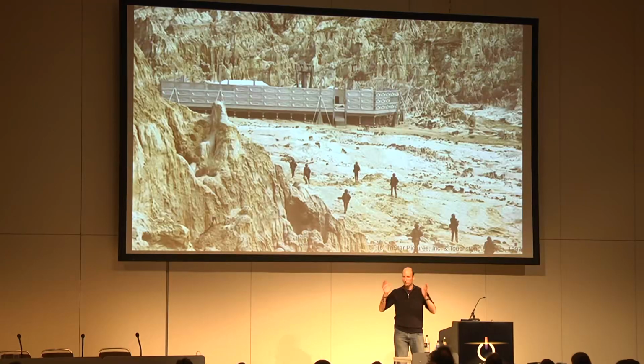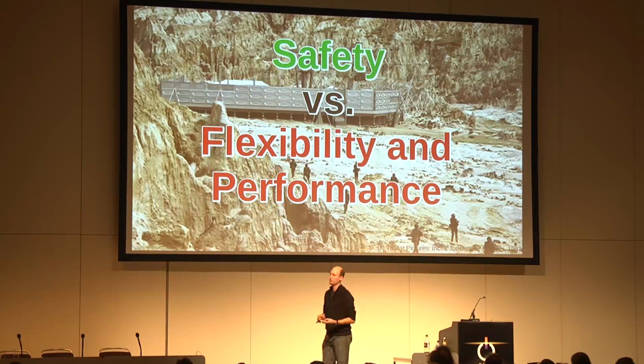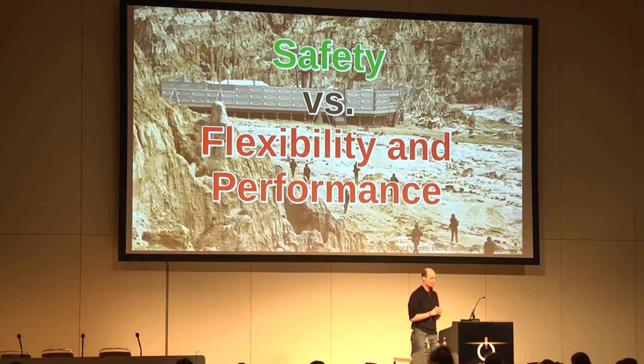So it looks like this, right? We are walking towards that safe haven. And we do have that safe haven. But we are facing a problem that we either have safety, or flexibility and performance. So it's an either-or, which is really, really bad. Ideally, we want to have safety, flexibility, and performance.